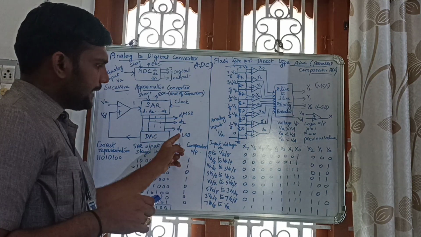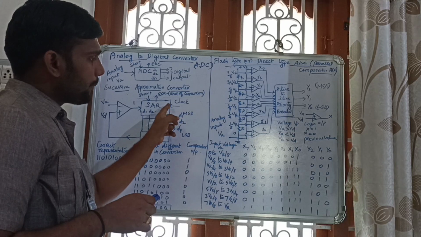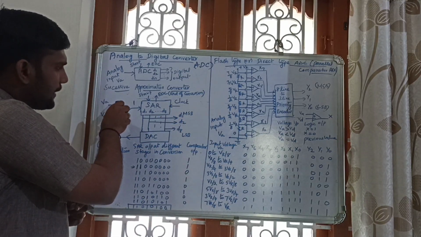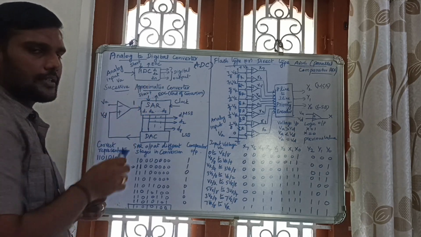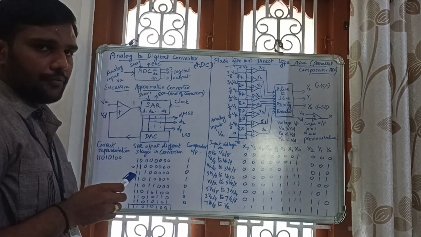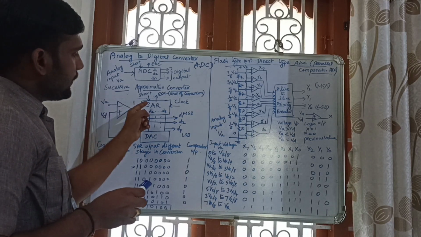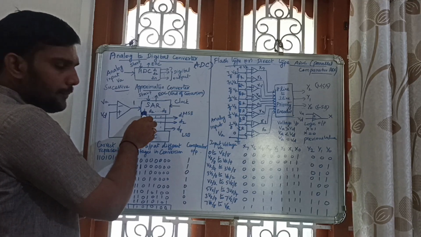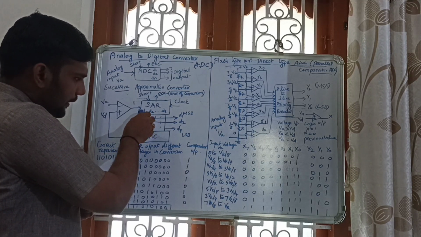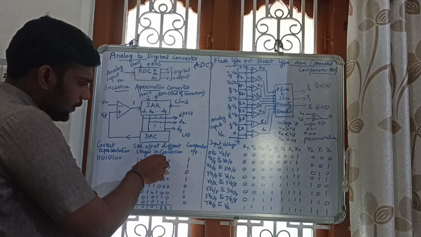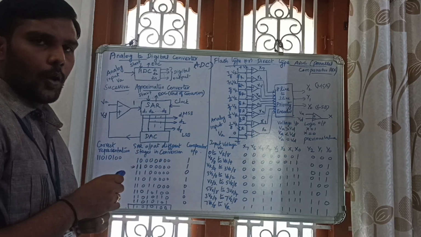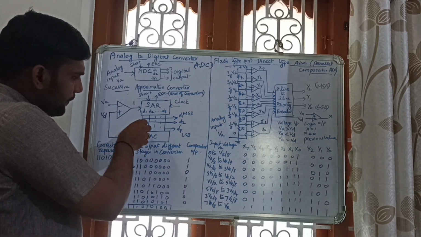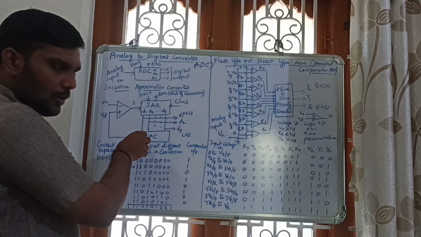The digits are from D1 to D8. So 8 clock pulses are required to complete the conversion process. Initially the analog input is given. After that, start of conversion is given. After giving the start of conversion, the conversion process will be started by making this D1 bit as 1. So the bits will be 1 0 0 0 0 0 0 0. Then that digital value will be converted into analog by the help of the digital to analog converter,